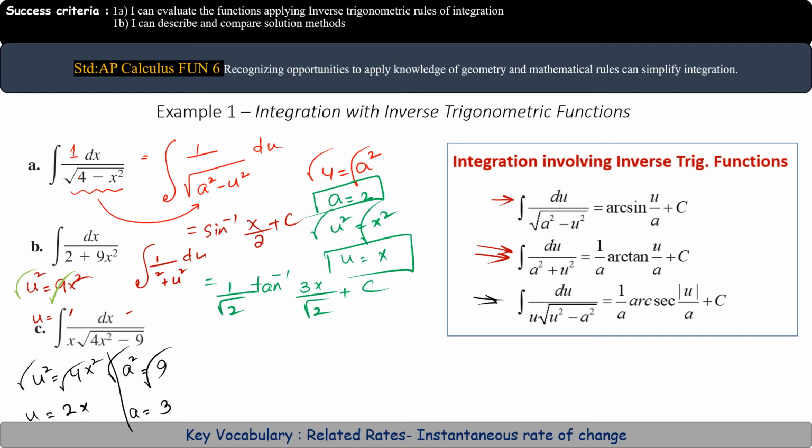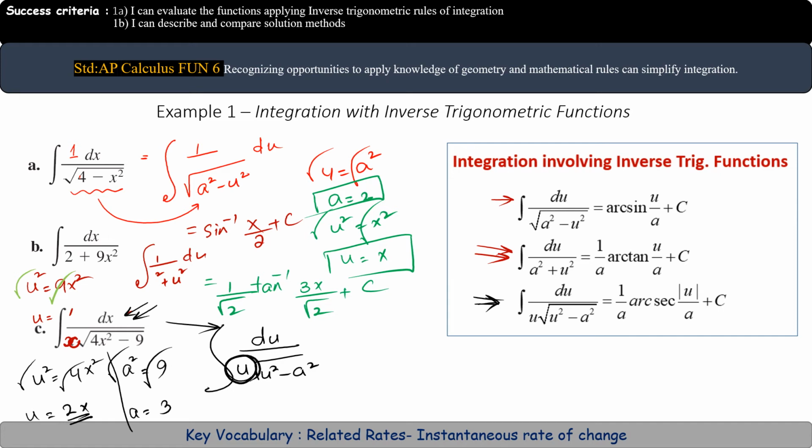Now look closely and compare the question with the formula written over here on the right hand side. I am writing for you du over u square root of u square minus a square. So if we compare here, what is our u? U is 2x. But look at the question. In the question, u is only x written, meaning a number is not there. So if a number is not there, you can write the question in the form of the formula perfectly.